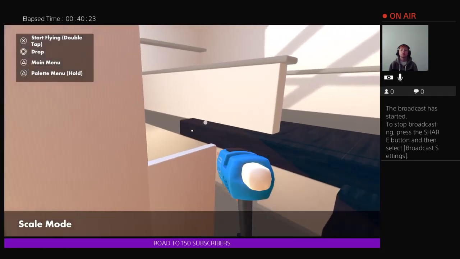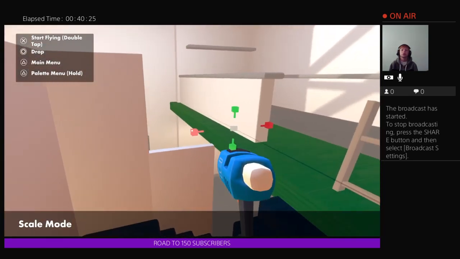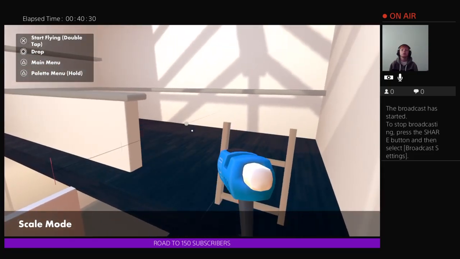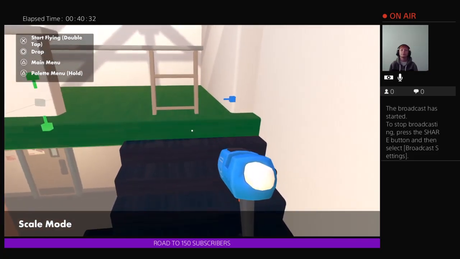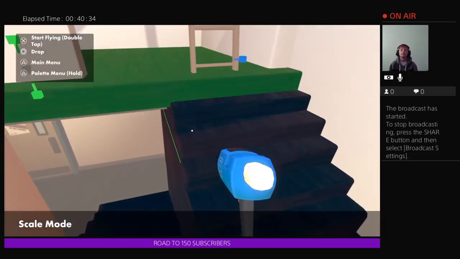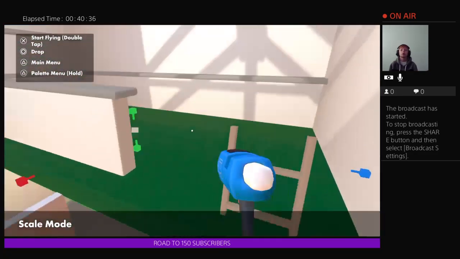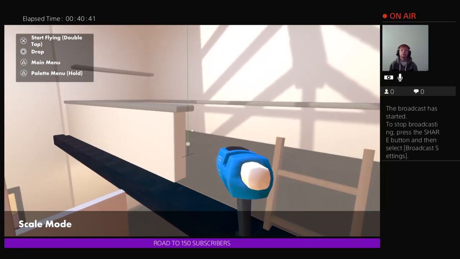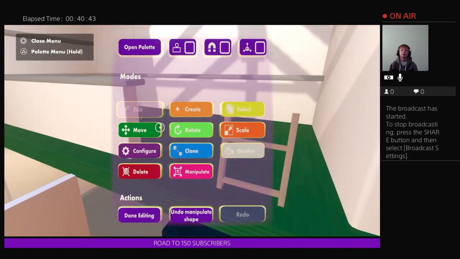I then manipulate this all the way across. Then taking this all the way to over there, which is now going to be my new floor. And then here, what I shall do is I shall proceed to add a